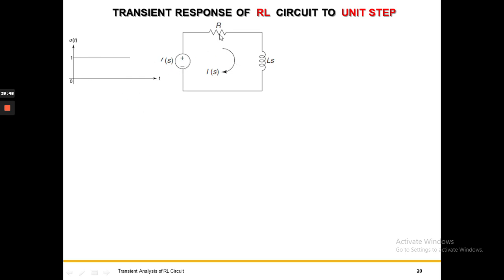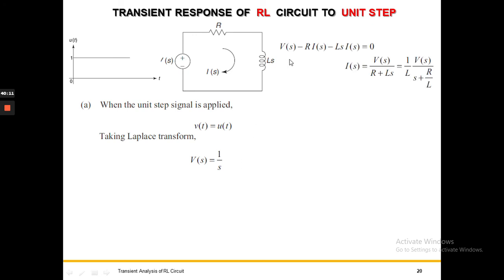In the previous series RLC circuit, after closing the switch, this is a frequency domain equivalent circuit. Now we are giving an input as a unit step function. The value of the function will be unity after t is equal to 0. Before t is equal to 0, the value of the function will be 0. The Laplace transform of the unit step function was 1 by s. So this is the KVL for this transformed circuit. Then this is the expression for I of s, which you have seen.